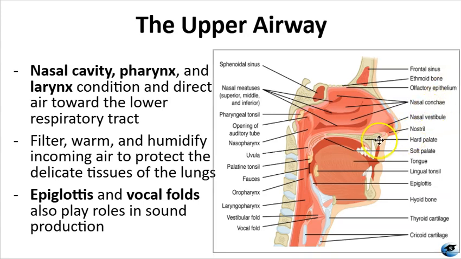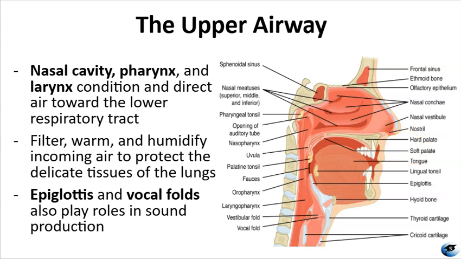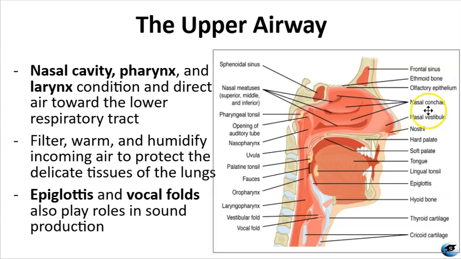As the air moves through the nose or mouth, it passes through the nasal cavity, where it's filtered by hair and mucus, warmed by blood vessels, and then humidified in order to prevent irritation in the lung. This process ensures that air reaching the lungs is clean and at body temperature, which is important for protecting the delicate alveolar surfaces. Then from there, the air moves through the pharynx, a shared pathway for both air and food,